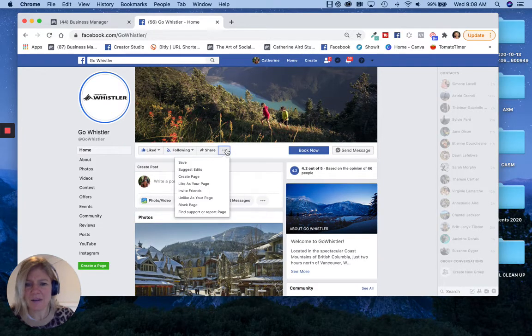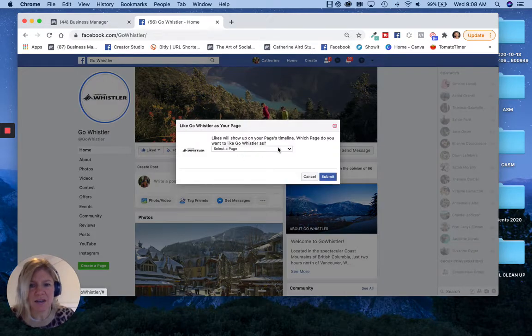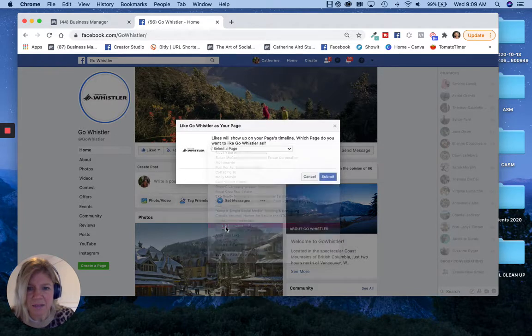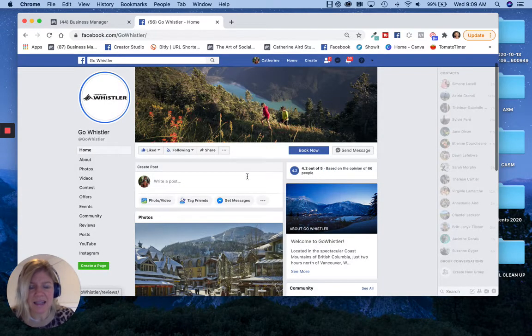See how it says here, I can click those two little dots and like this page as my page. So I can like it as myself, but I can like it as my page. And that's what you want to be doing to be social as your business, okay? So I'm going to like it as my page. And now it's going to say select a page because I manage several pages. In this case, I'm going to pick my page. But see if I decide to like it as this, okay, so I submit it and then I've liked it as a business.